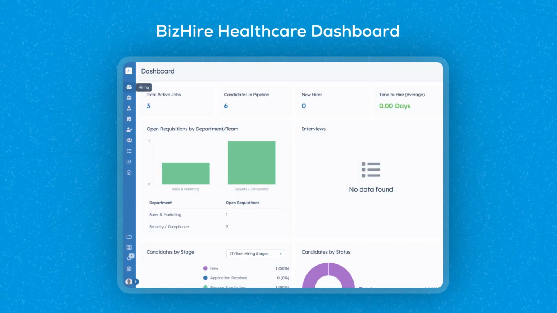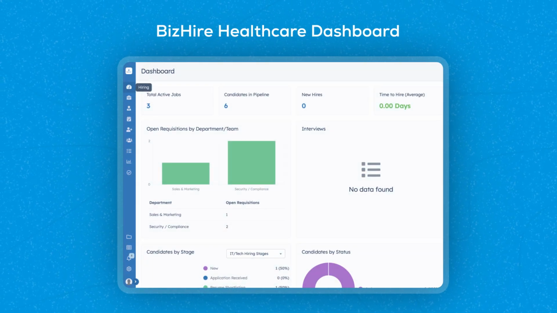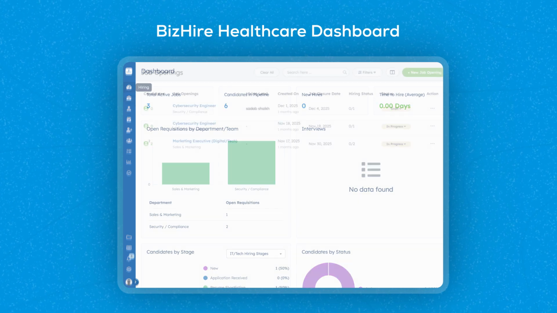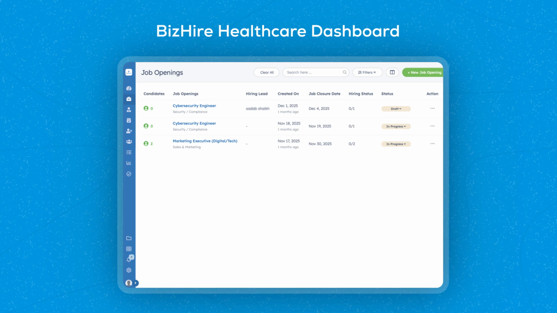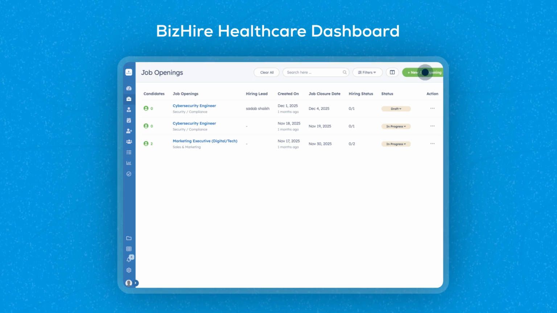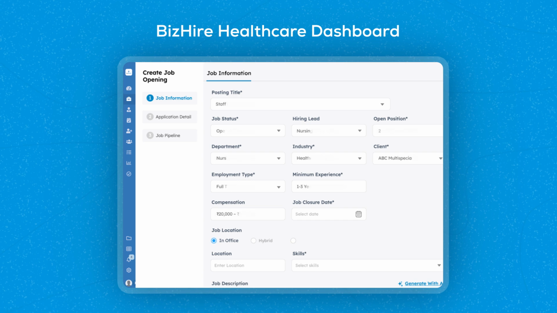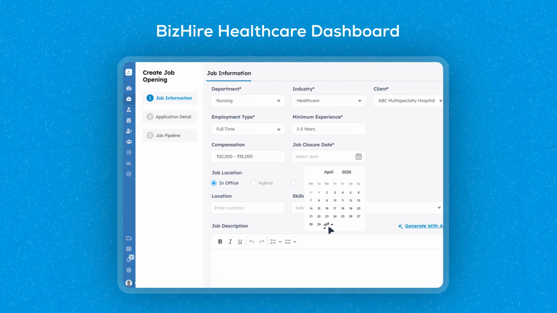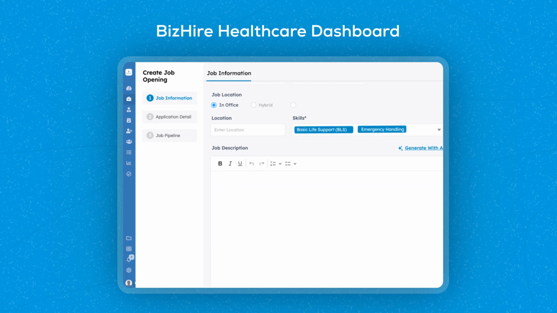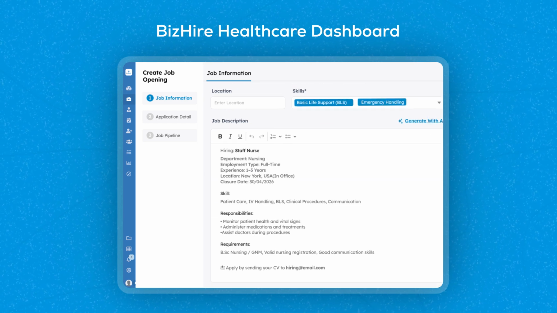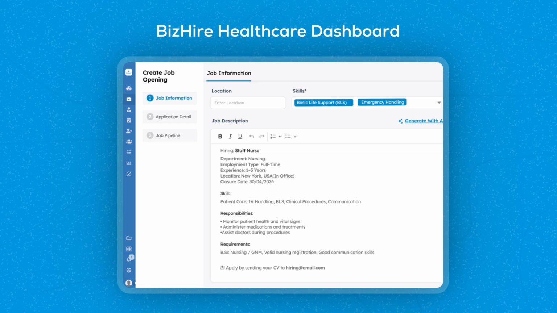Here's what the BizHire dashboard looks like. Starting with the first step of hiring, let's see how you can create custom job descriptions in seconds and post on your healthcare portals right away. From the sidebar, you tap Job Openings and hit that top Create New Job Opening green button. Once required information is filled, you click Generate with AI. The system will use healthcare-specific data including necessary certifications, compliance terms, and medical skills, offering you a custom, SEO-friendly job